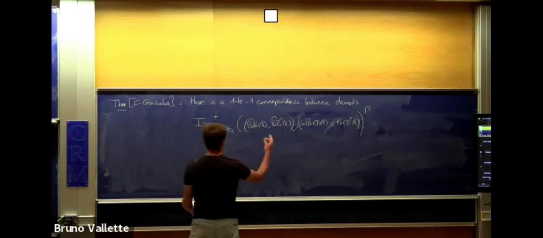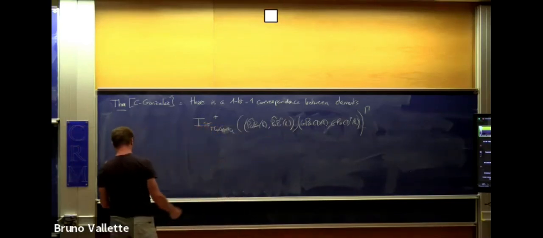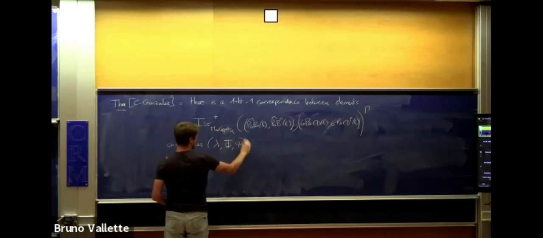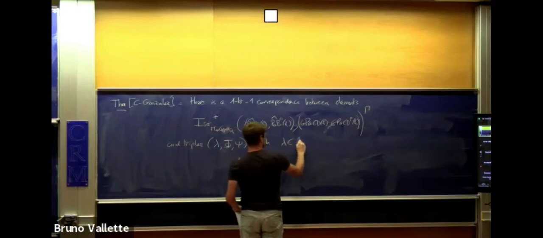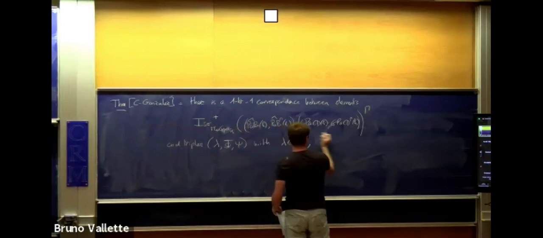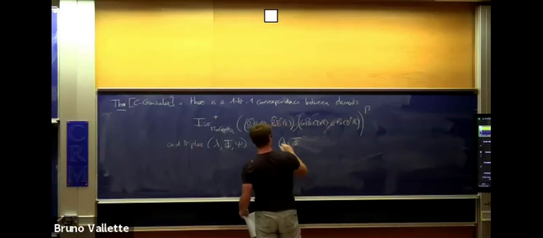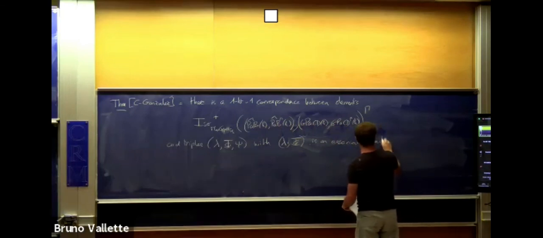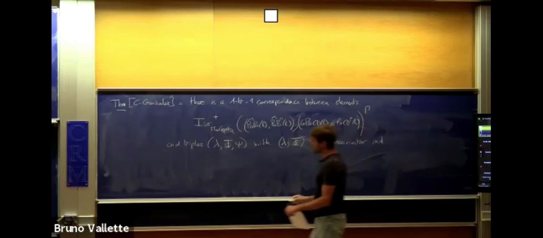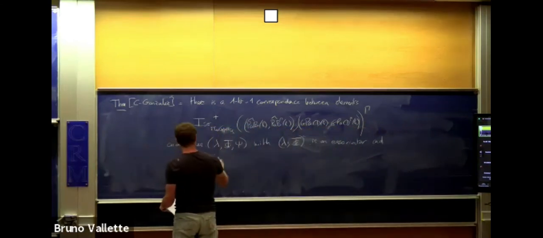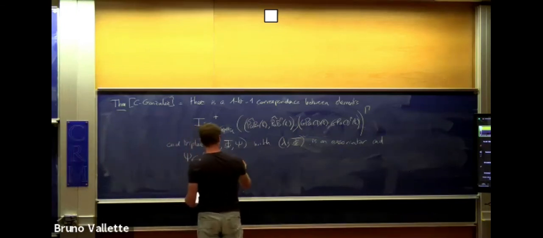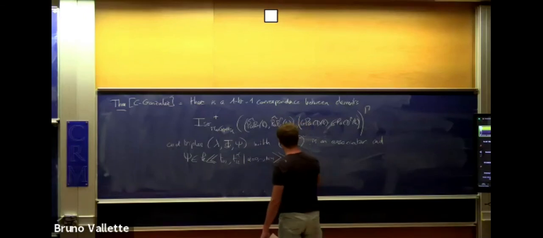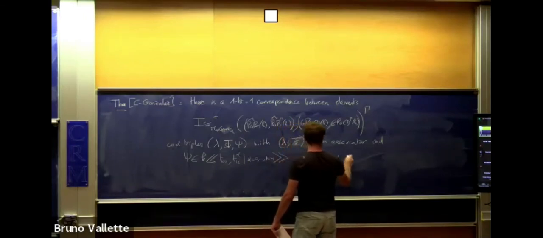Okay, so there's a one-to-one correspondence between elements of this torsor and triples lambda, phi, psi, with lambda an invertible element, such that lambda phi is an associator in the sense of Drinfeld, and psi belongs to this free algebra generated by T01 and T12 alpha, with alpha going from 0 to n minus 1, being group-like, and such that